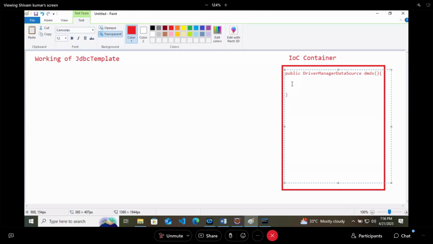So within this particular container, we have created the object of, or you can say a method of this particular class.